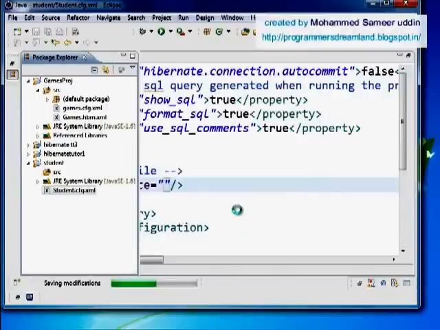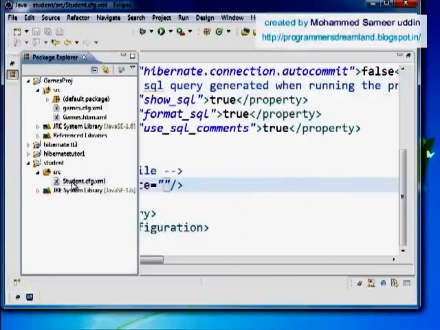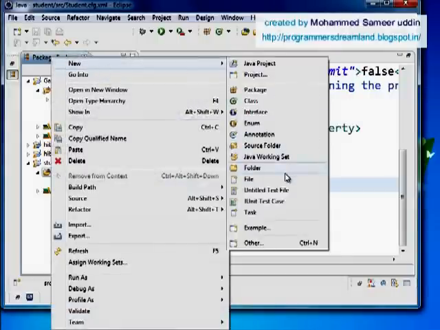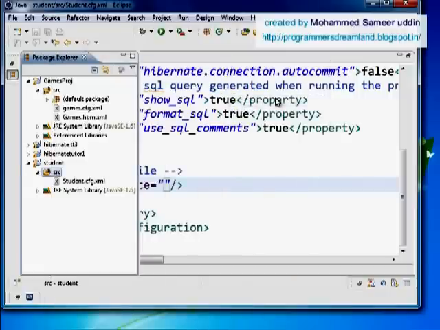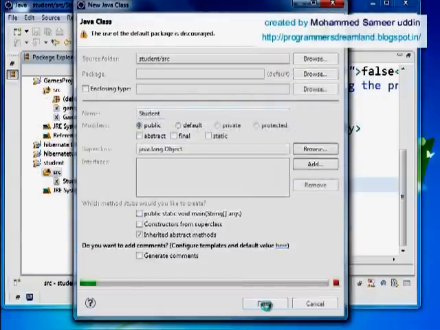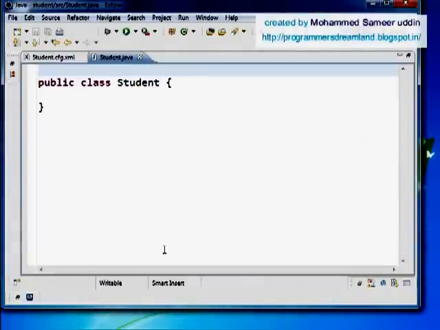Okay, and it's copying. Alright, I have it in my source folder, and the next thing I need to create is the Pojo classes. Alright, so I'm going to create a class, and I'm going to name it Student, with a capital S, and finish it. And in my Student class I have two